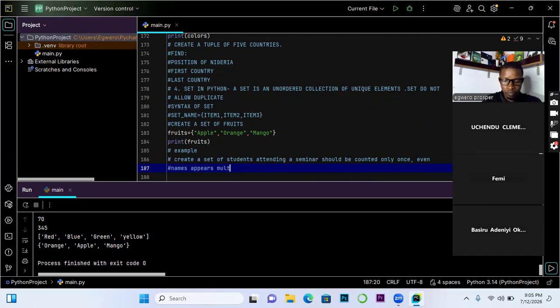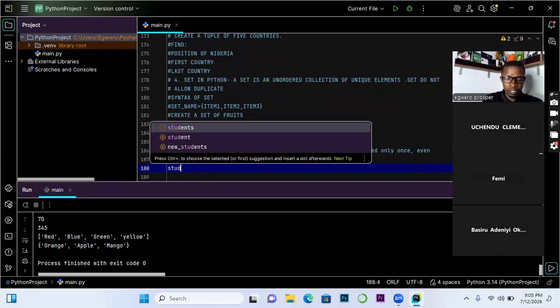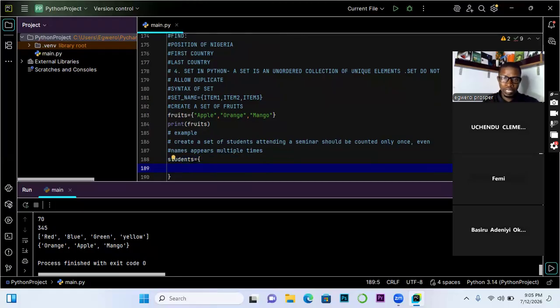We're trying to use a more real life scenario for us to understand where we say values are not allowed to be duplicated. Right? Names. So let's create it. The set name is students equals to curly bracket. In this case, you can break it. You're allowed to expand it like this if you want to, a vertical and more formatted structure.